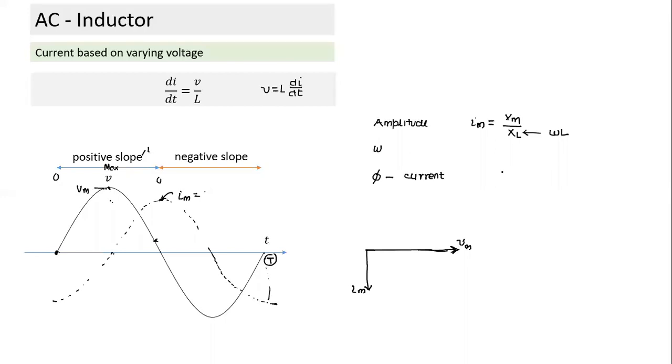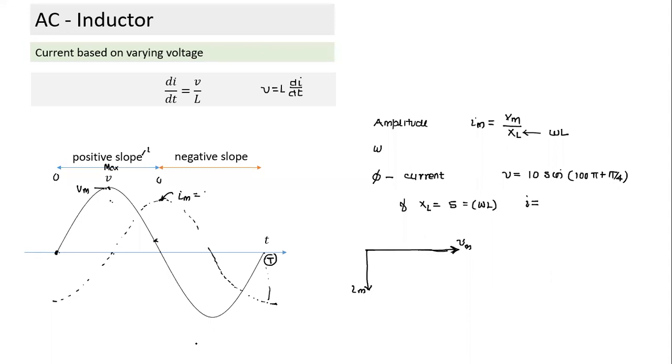So suppose V is given as this, the voltage applied is something like this. Can I write, if XL is equal to 5, so omega L is equal to 5, so my inductor is such that omega L is equal to 5, what will be the equation for current? If this is the voltage equation, can we write the equation of current here?